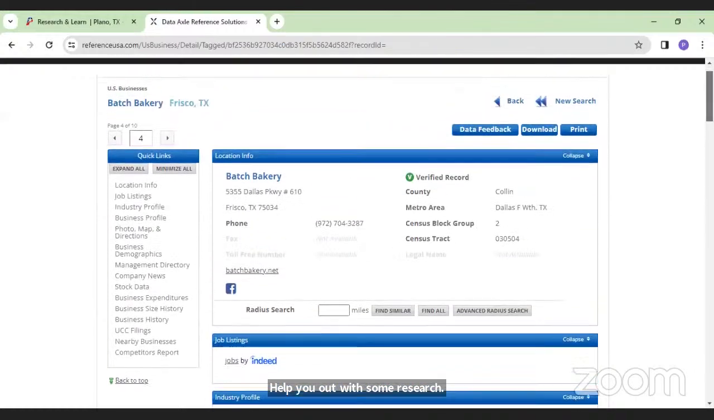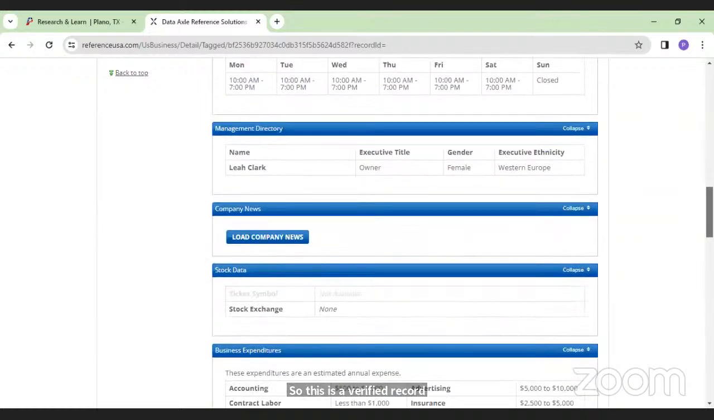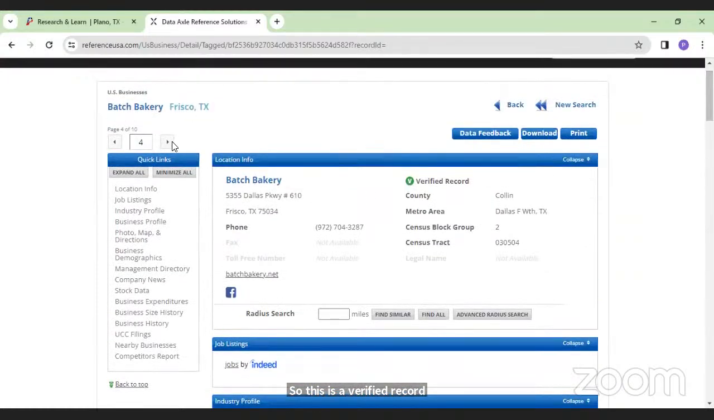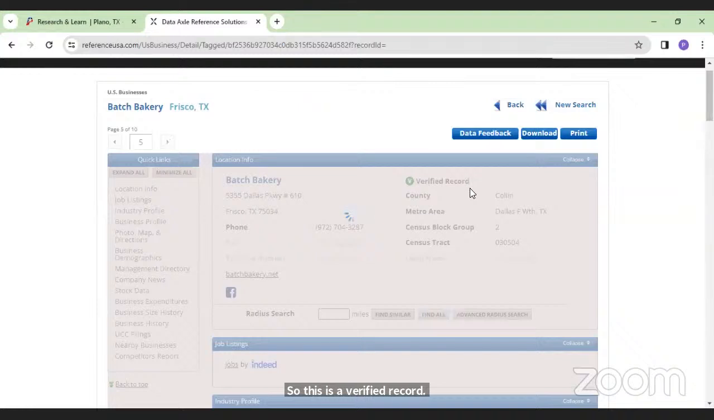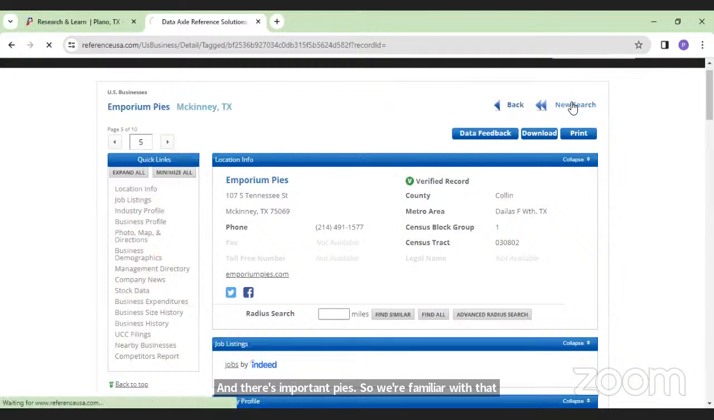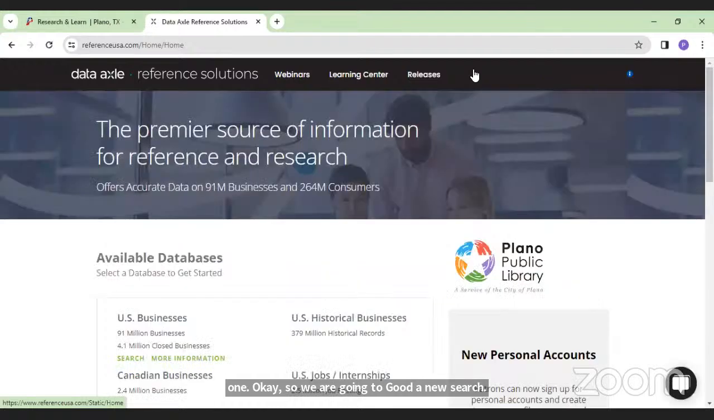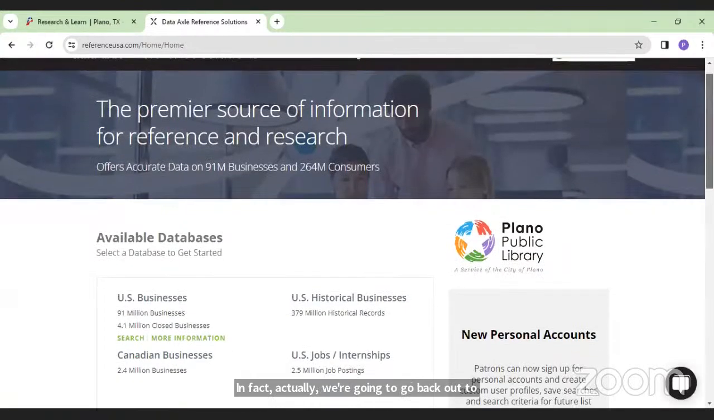So this is a verified record. And there's Emporium Pies. So we're familiar with that one. Okay, so we are going to go to new search. In fact, actually, we're going to go back out to Data Axle